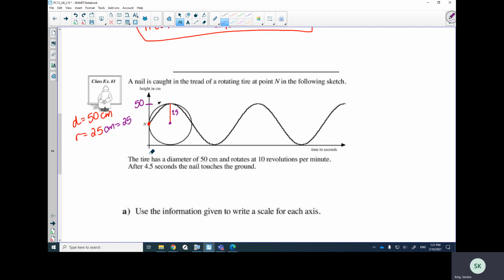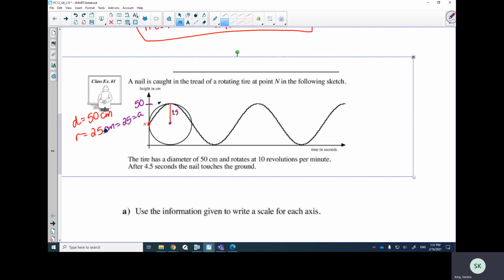It's going to go from 50 to 0. Halfway, this is going to be our midline, right? So that's going to be our midline. We're easily going to be able to see what our midline is, but I could also see my amplitude. So whatever the radius is, right away, that is your A value on these graphs. And we're going to do a Ferris wheel next. Whatever we can figure out the radius of the Ferris wheel is, that's going to be the amplitude of our